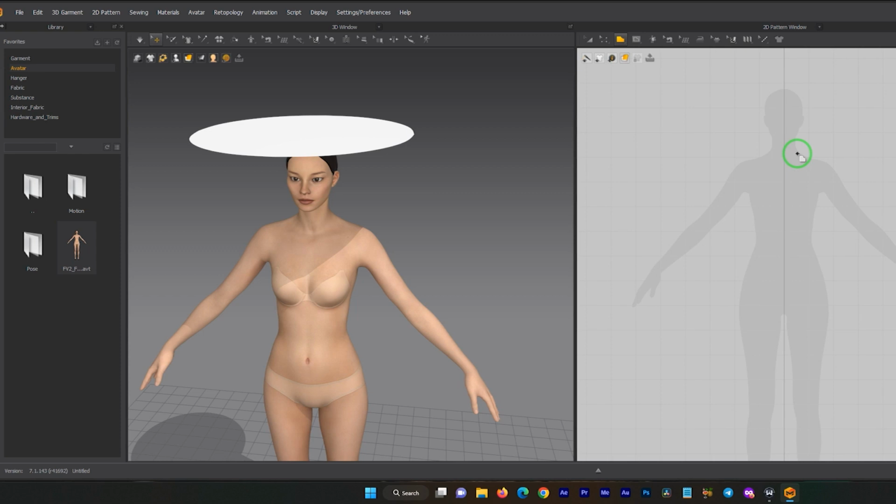something like a pattern. I don't know how to explain it, but this is the 2D. It looks like the Illustrator pen tool or the Photoshop pen tool. So here if I click once, you see this is a point here, and you see the number of my point and my pattern and my fabric,